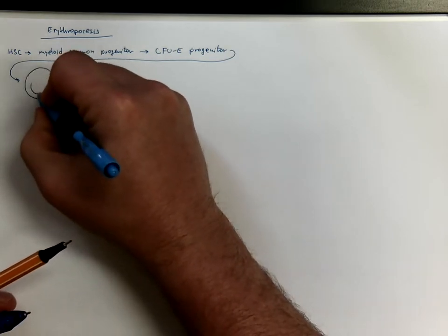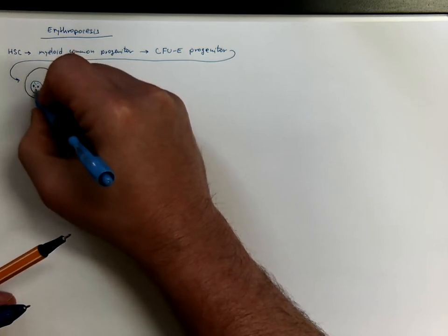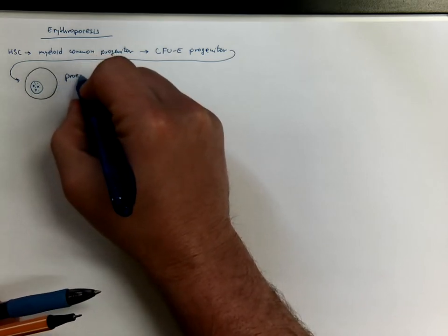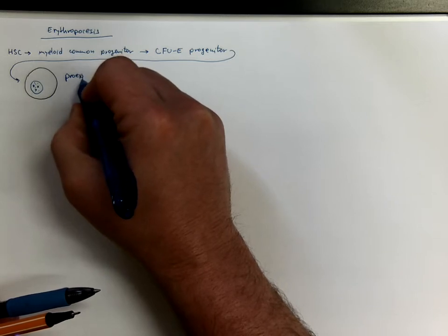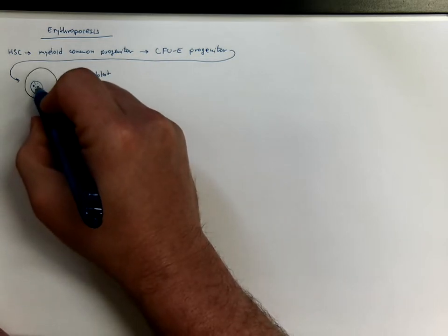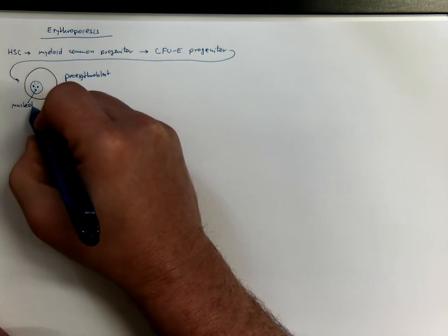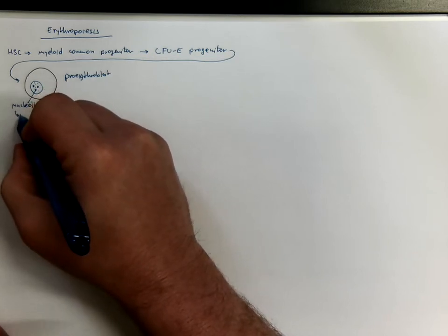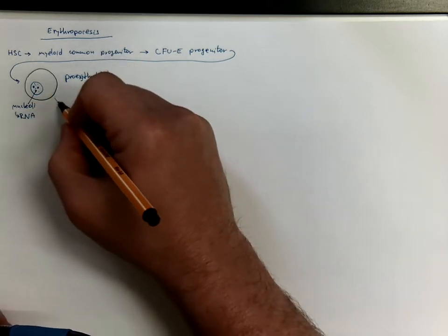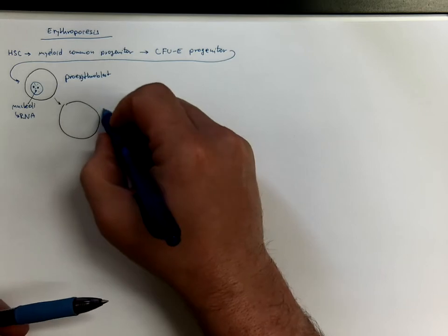This pro-erythroblast has prominent nucleoli visible in the cell nucleus. This is the pro-erythroblast, and these nucleoli are the site of the RNA production. The next stage is erythroblast,